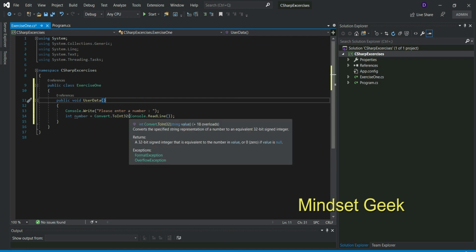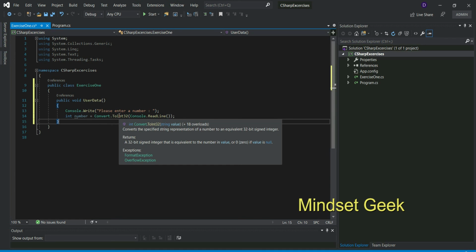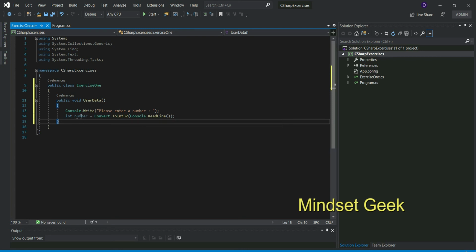In this highlighted part, we get that value from users. Using this method, this function, we convert it to Int32. Then it has an integer value, and that value is assigned to this num, right?